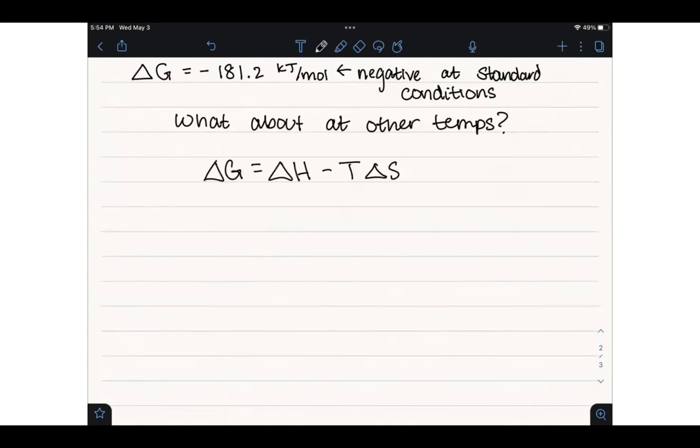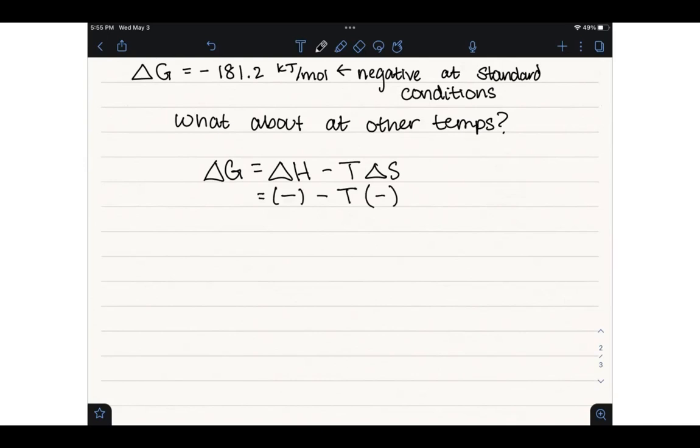So Gibbs free energy equals the change in H minus T times delta S. This is sort of how it is in the packet. You might remember a pretty simple way to do it. I'm not going to plug in any values. I'm just going to think about the signs. So we have a negative delta H and a negative delta S. And so if you just do a little